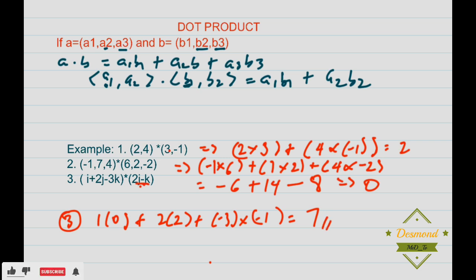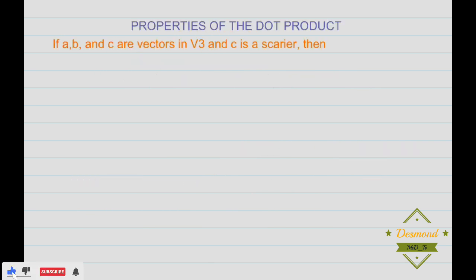The dot product obeys many of the laws that hold for the ordinary product of real numbers. These are stated in the following theorem. So first of all, let's talk about the properties of dot products. If A, B, and C are vectors in V3 and c is a scalar, then the first property